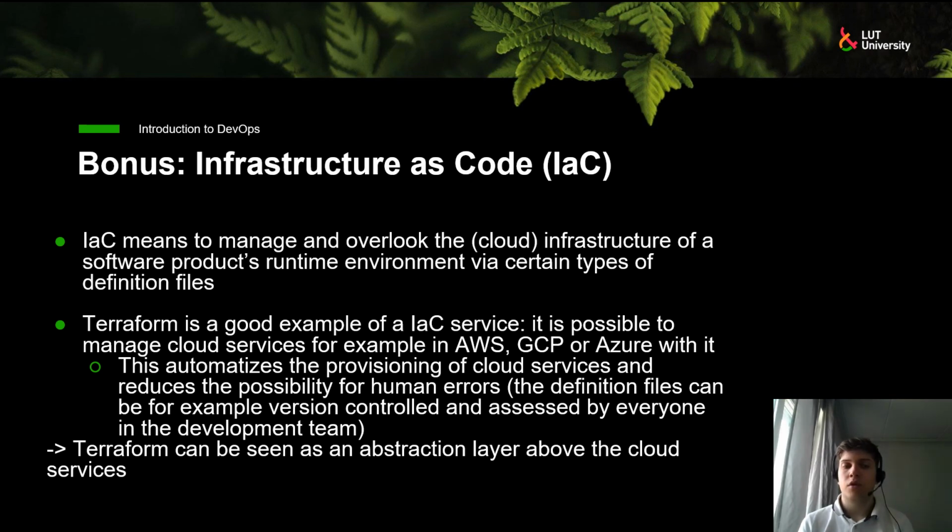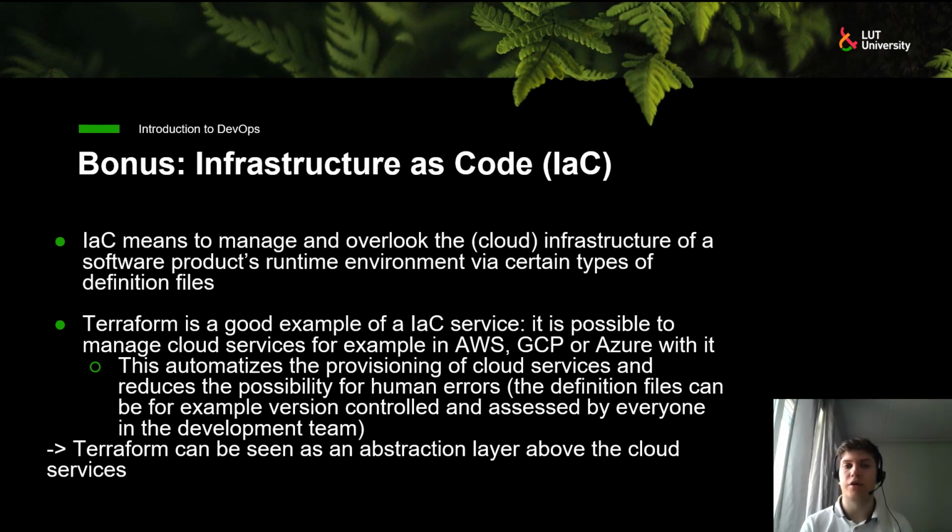But now this infrastructure as code concept is a new way to manage the cloud resources. Basically, we are making these YAML, or I'm not sure it's YAML, but these sort of certain types of files, kind of like a Dockerfile. So it has a special syntax, and